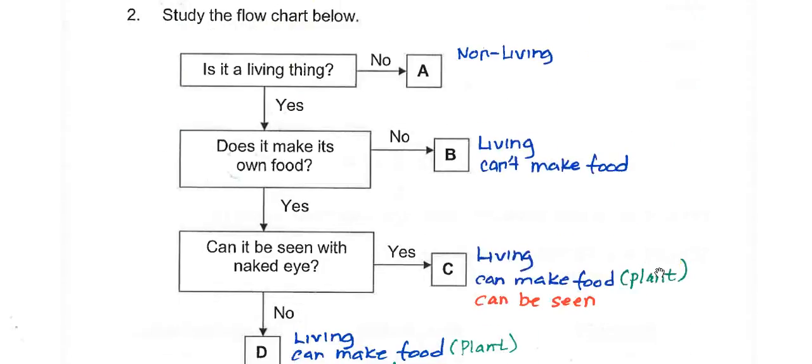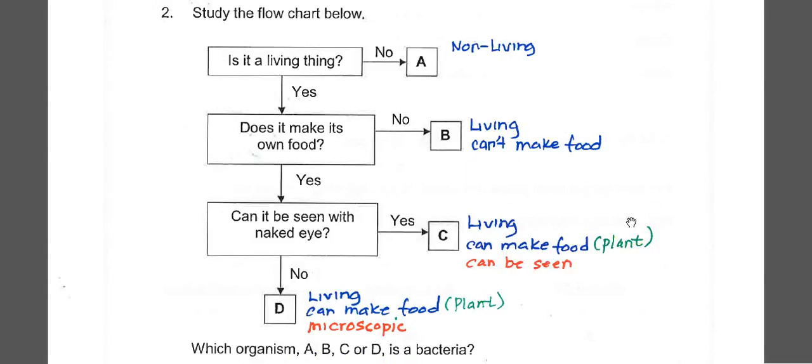For this chart over here, what you need to do, and I'll make it smaller for you to see, you have to be a bit hardworking. Look over here. Is it a living thing? Yes. Anything below here, they are living things. It means B is a living thing. Down, C is a living thing. And here, D is also a living thing. B, C, D are living things. Only A is a non-living thing. So it goes on. I will write down every one of these so that I won't be confused.